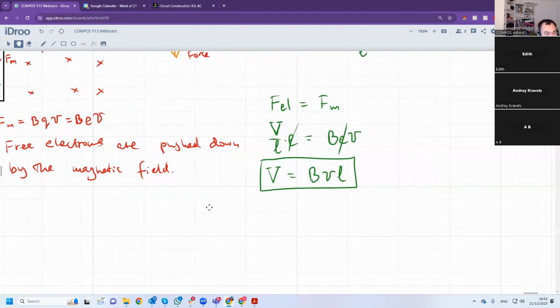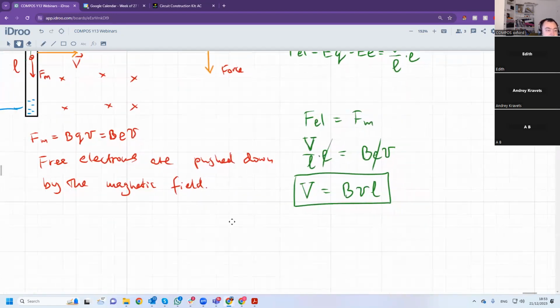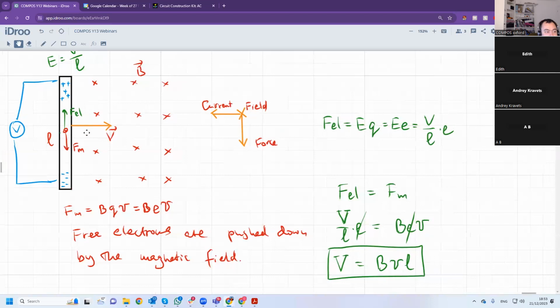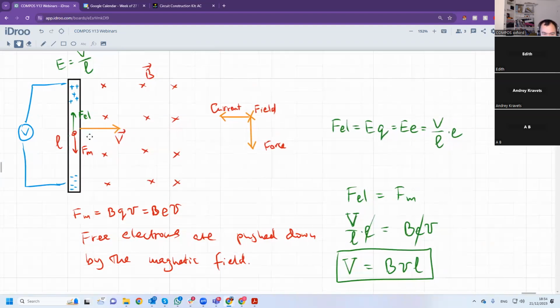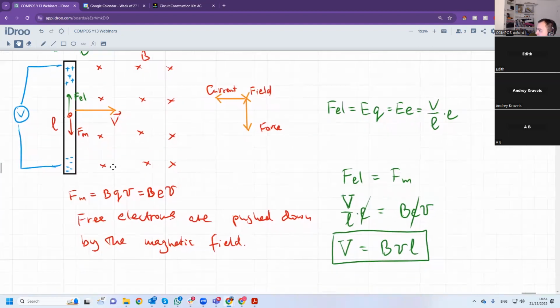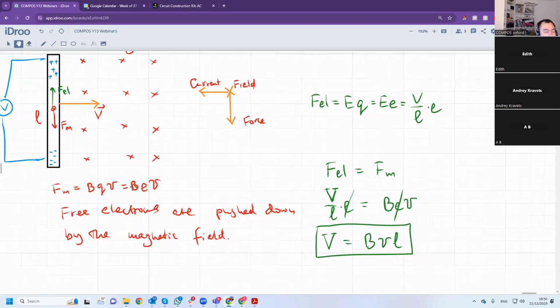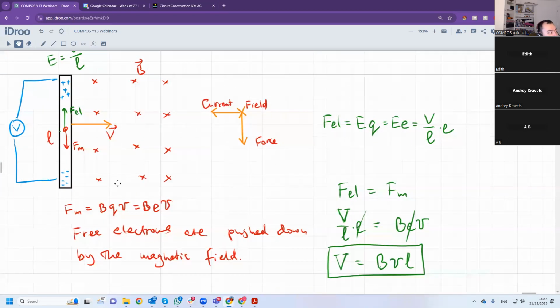Of course, this is only if the velocity is perpendicular to the field, and also if the rod is perpendicular to the field. So it's slightly more complicated otherwise. How do we know that the forces are balanced? Well, because if they are not balanced,